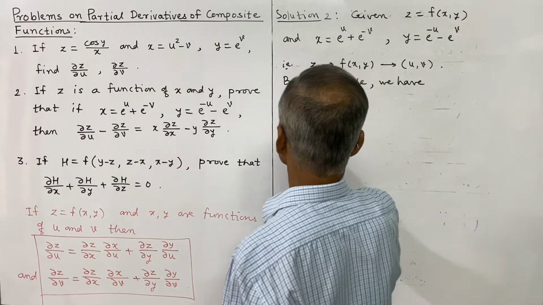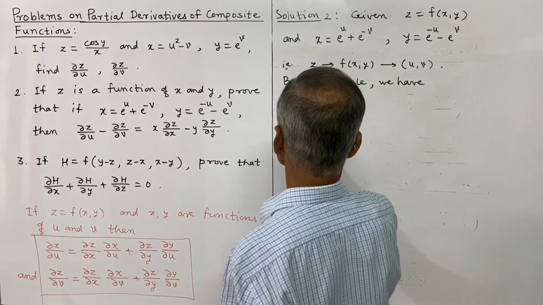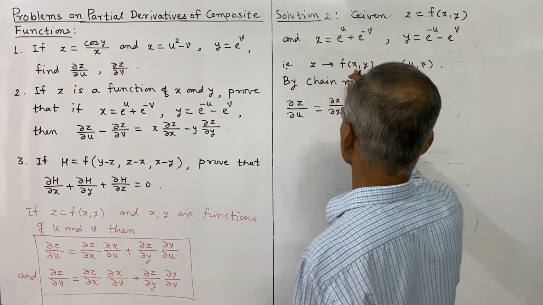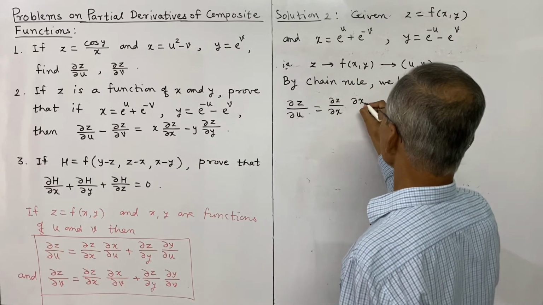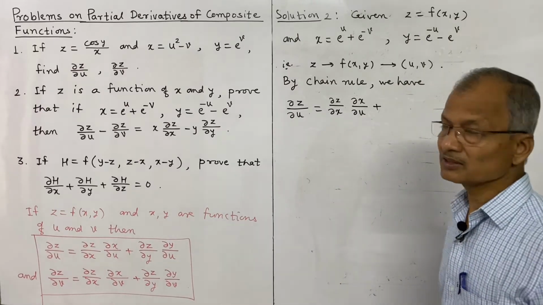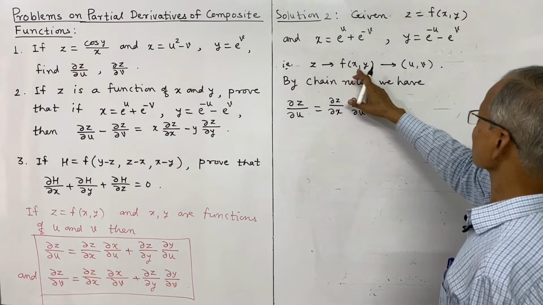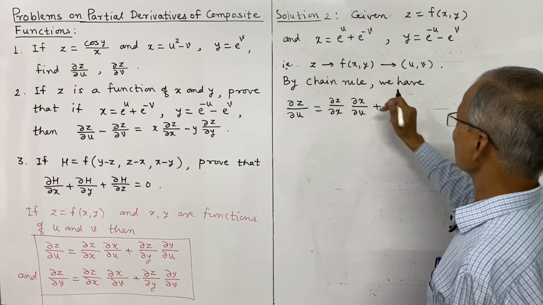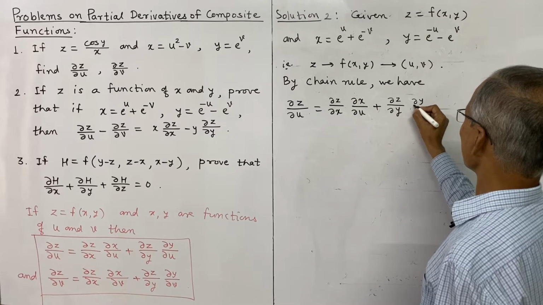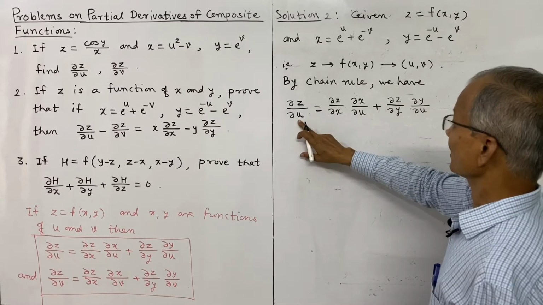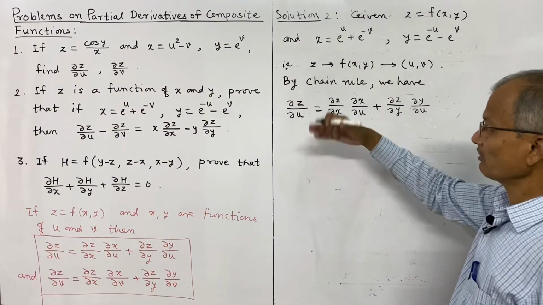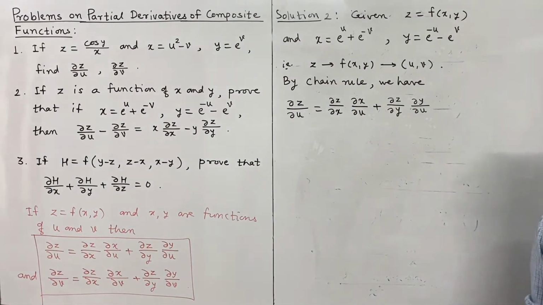So we have, first we shall find out partial derivative of z with respect to u. Differentiate z partially with respect to first x, and then derivative of x with respect to u is to be taken. Plus this is one part with respect to x, and now partial derivative of z with respect to y, and then partial derivative of y with respect to u only. We are differentiating with respect to u. First we evaluate this, and then we evaluate the partial derivative of z with respect to v.